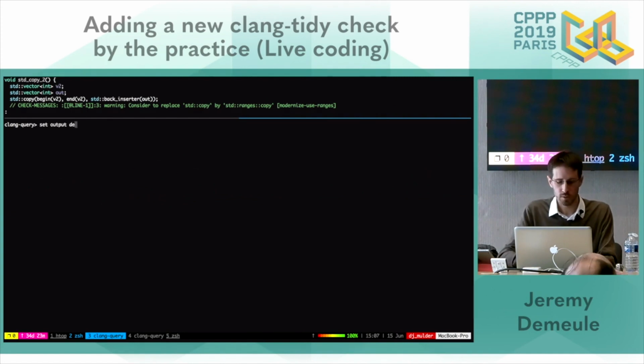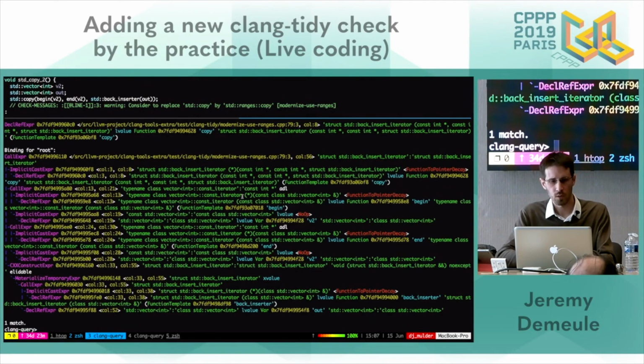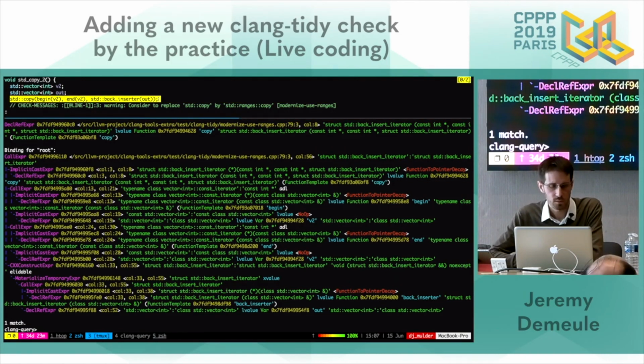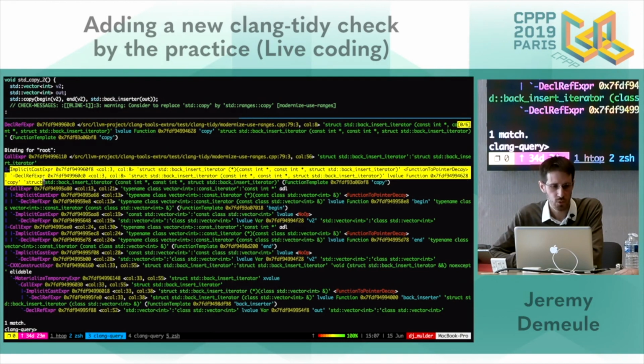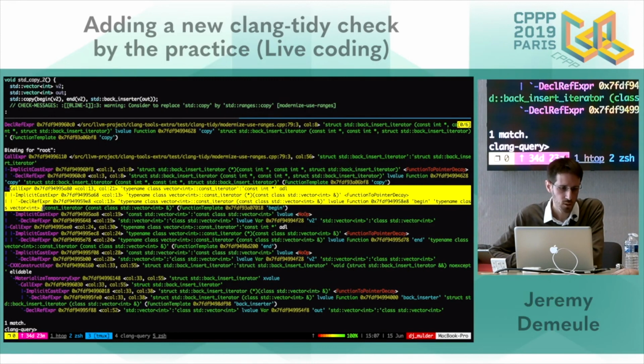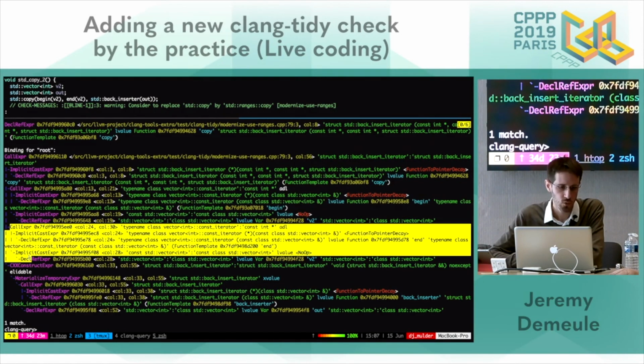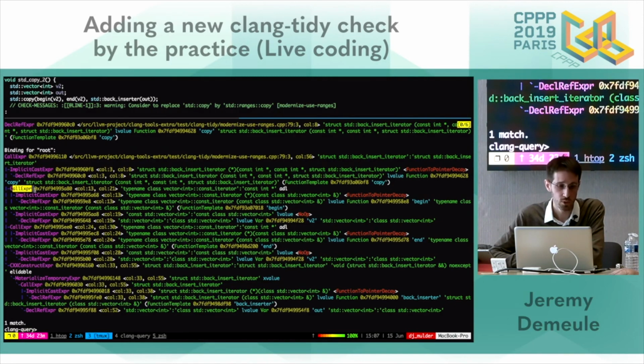I will visualize the AST and I run it again. So I have my call expression on that. The first node is a link to the function. And here, I have the first and the second parameter, which are again a call expression to begin and end.